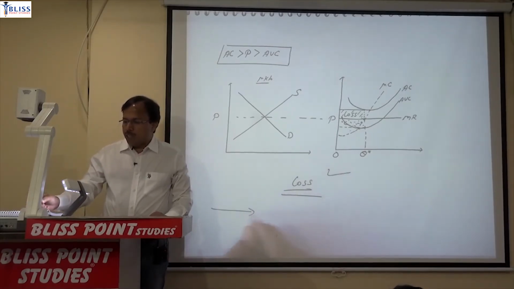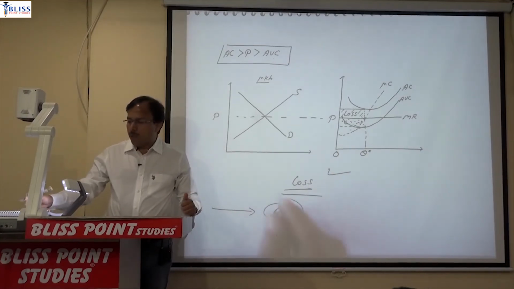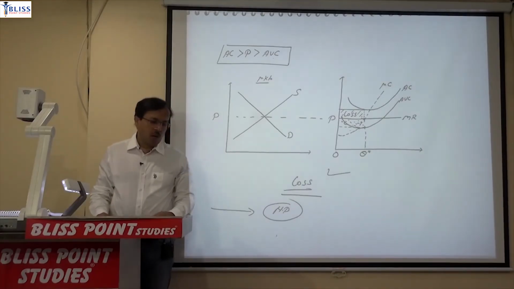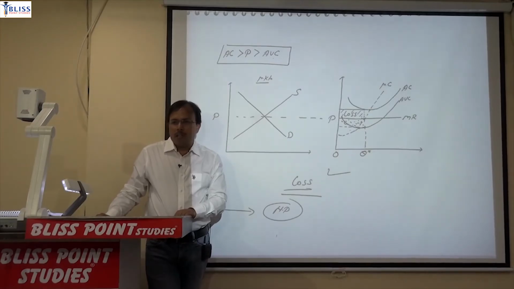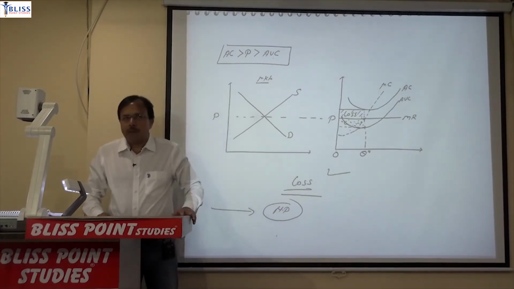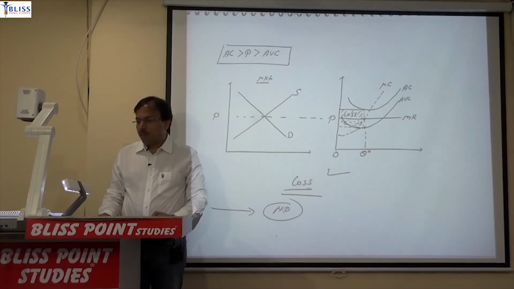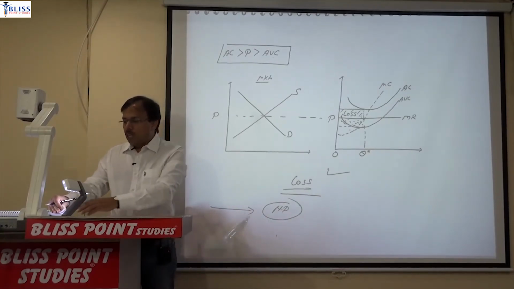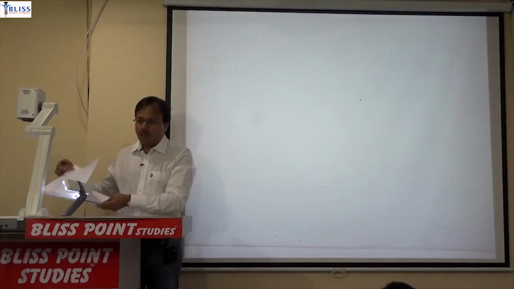There is a third possibility. First diagram for supernormal. This is for loss. Third possibility is for normal profit. Next paragraph. In short run, there could be only normal profit. In short run, there could be only normal profit if price is equal to average cost. If price is equal to average cost